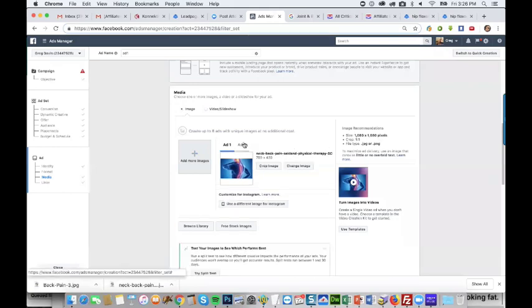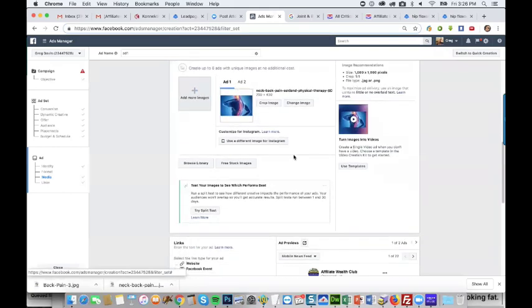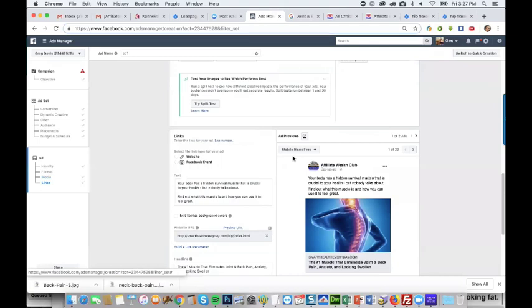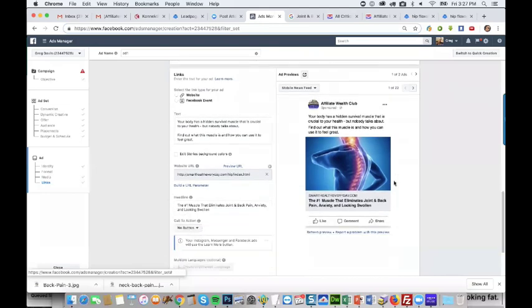All right. So now we got 2 ads, just with different images. So that's good. I normally start with between 2 and 4 different images, different ads. I think that's enough to get started. If you do 3 or 4, then you can take the one that performs the best and do different variations of that. The main thing I'll try to do is find the image that works the best, and by that I mean the highest click through rate. And obviously, you want to make sure that it converts too.